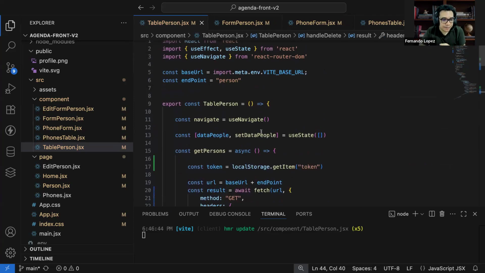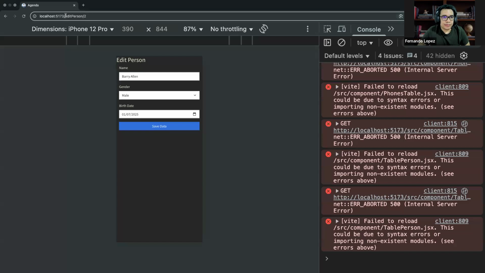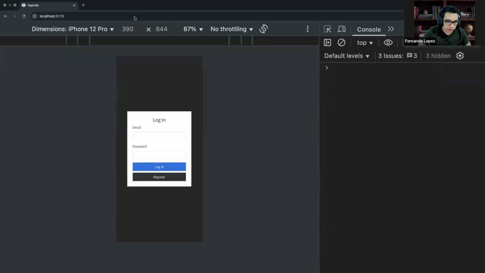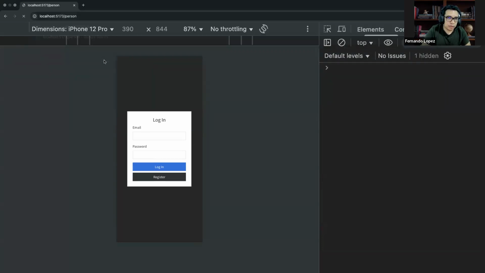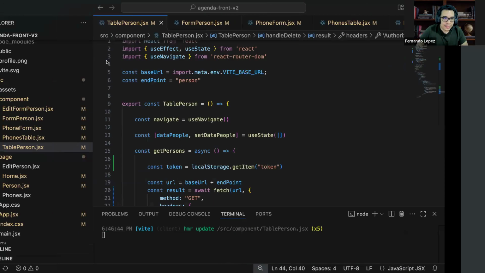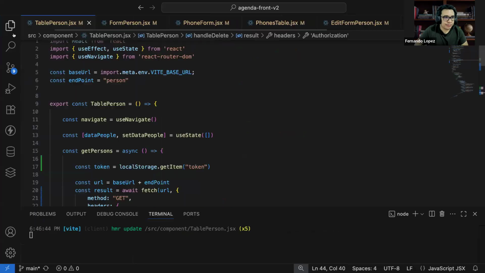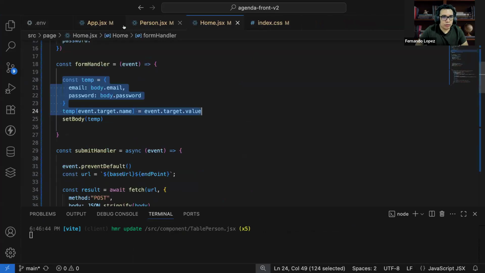Okay, now there's one more step that is missing. Let me show you something. If I refresh this, you see you have the login. I do not have the security, so anyone, without giving the password, can bypass this login. If we can access the person route, you will see it's not going to validate that the route is secure. So how can we add this security, guys? What we can do here will be this. Let me show to you guys that